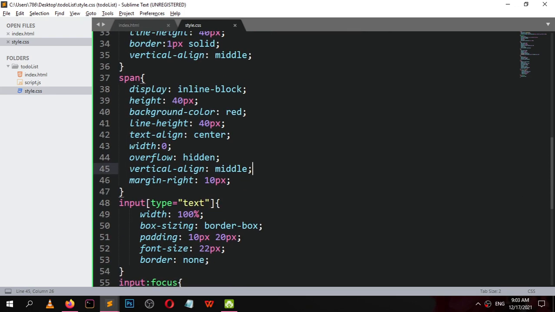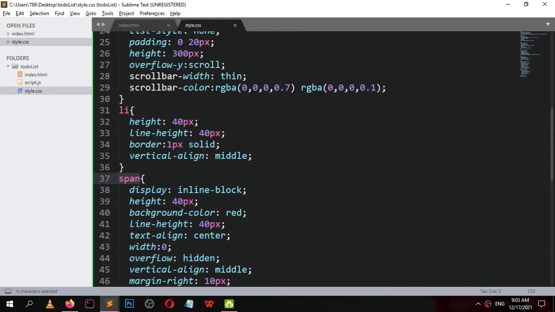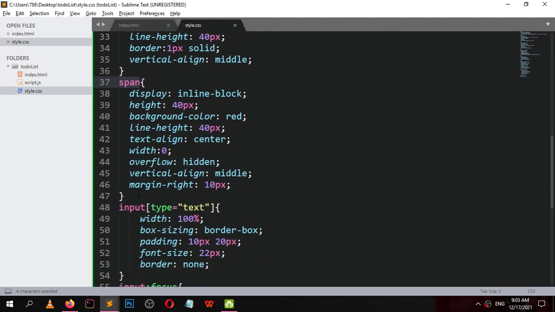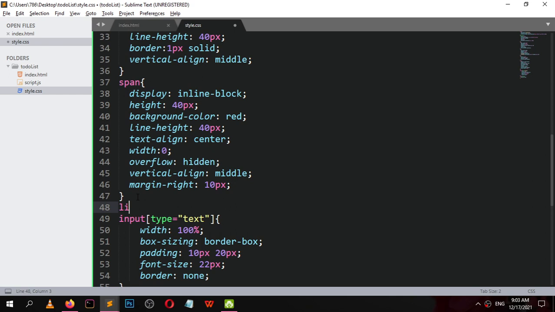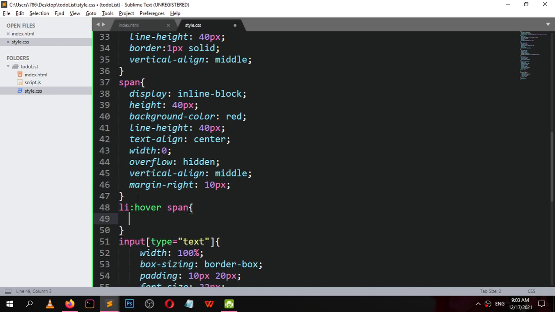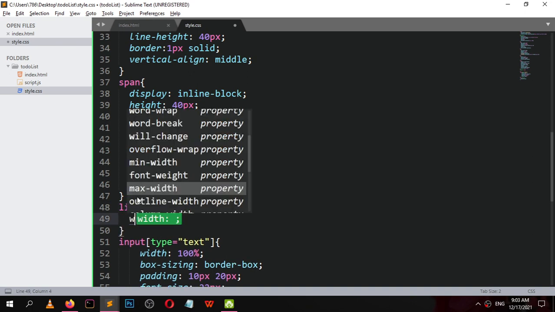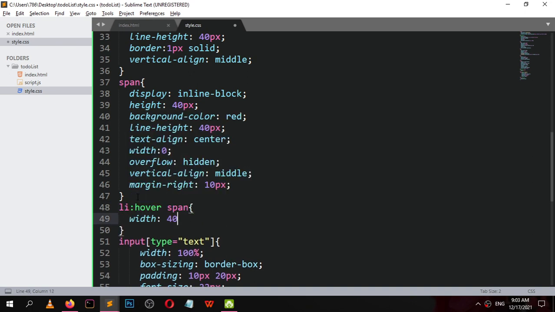Now select this span. When someone hovers this li, we should select this span. So how can we select this? li hover, select span. Span width should be 40 px.